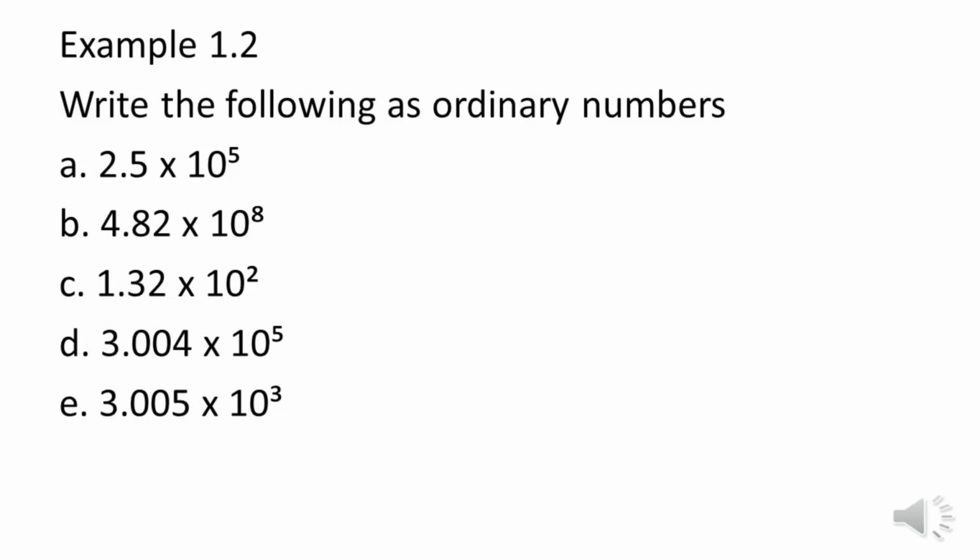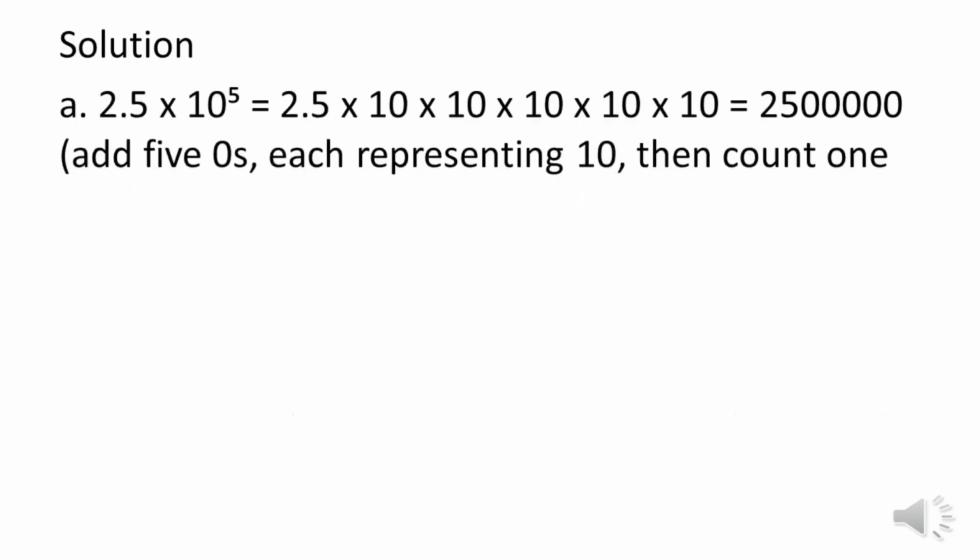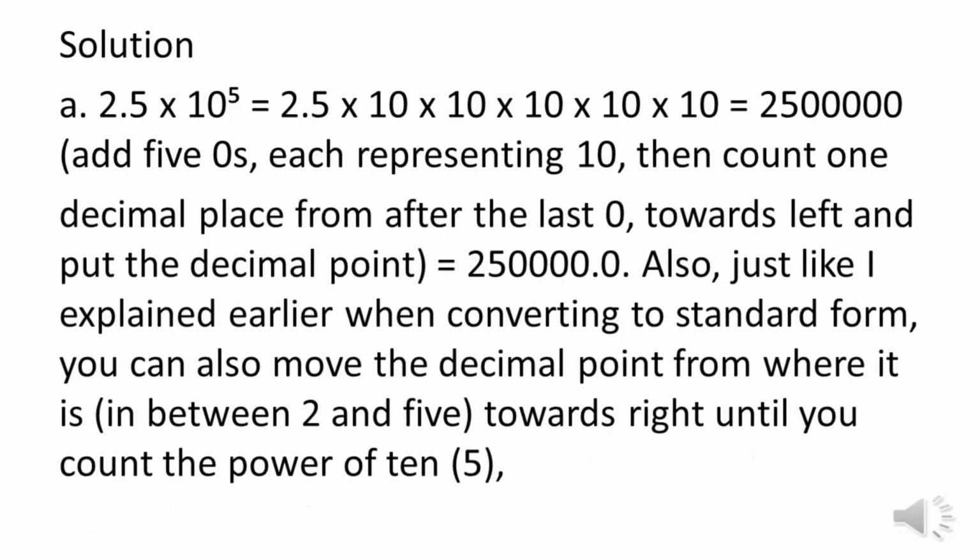3.005 times 10 raised to power 3. Solution. A. 2.5 times 10 raised to power 5 is equal to 2.5 times 10 times 10 times 10 times 10 times 10 equals 2,500,000. Add 5 zeros, each representing 10, then count one decimal place from after the last zero, towards left, and put the decimal point, equals